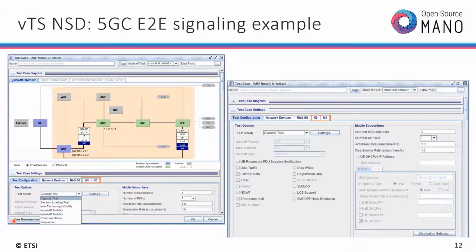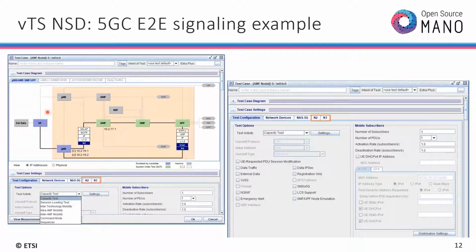So once you have deployed your virtual TSs and your virtual TASs, you connect to your virtual TAS via a graphical user interface, and this is what the graphical interface actually looks like. For each test case that you want to do, you have a specific graphical user interface with a diagram that basically shows you the topology that is going to be emulated and highlights here in purple the elements that will be effectively emulated. For example, this test case, which is called AMF nodal, when we will be running it,